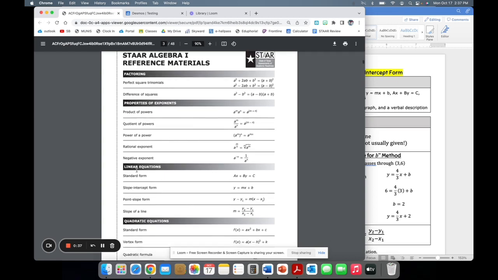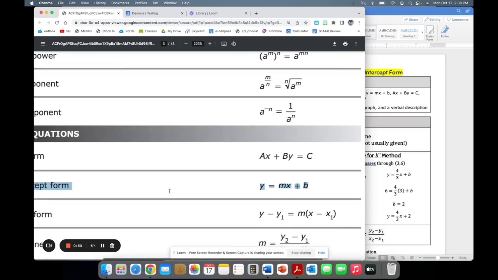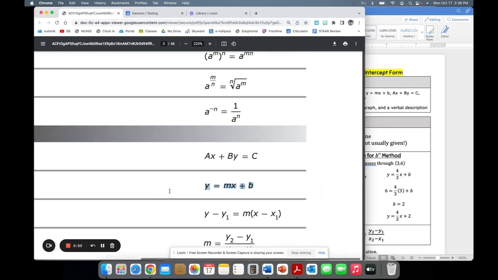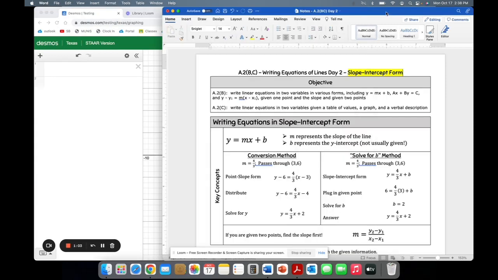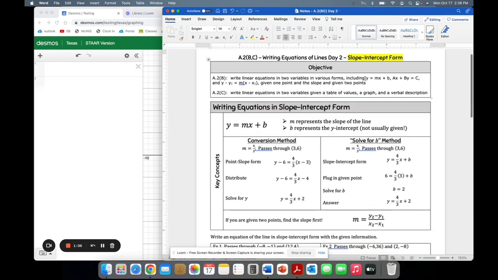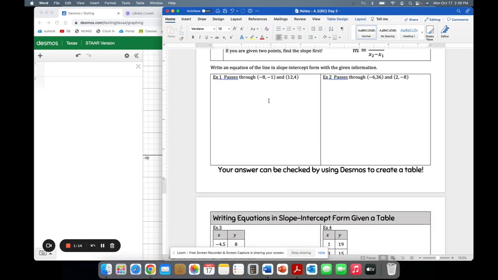Since we are writing linear equations, you have to look into the section which is linear equations. My focus today is slope-intercept form, which is y equals mx plus b. So this is my equation to use today. Now you are in my group A, so we are working using the Desmos calculator. Slope-intercept form is y equals mx plus b, and we are simply using the Desmos calculator for our